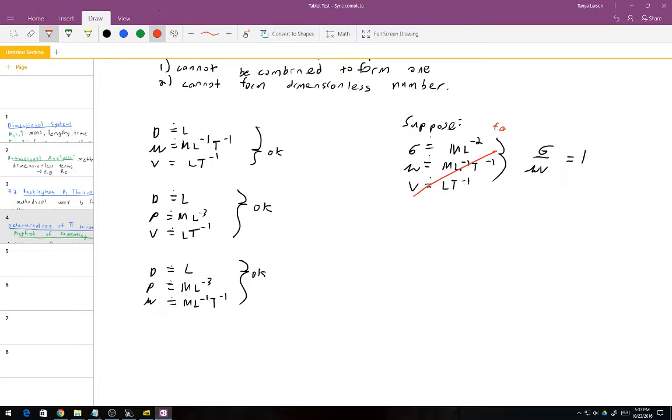This fails criteria C. It's dimensionless. Or it can be combined together in a manner in order to form a dimensionless quantity. And this can be tricky. So this does take time. There's not just one quick method I can say, oh, do this. This is something that does take time. You just have to explore different possibilities, and often it can somewhat depend on how you want to set up